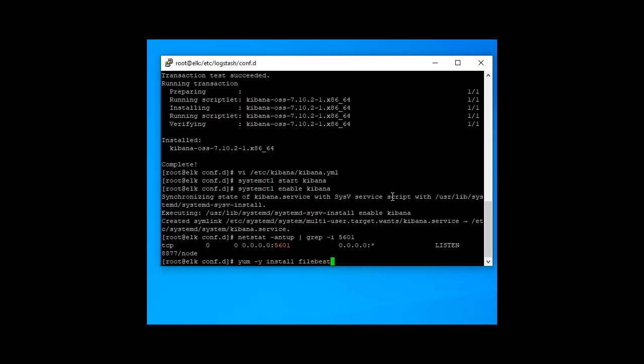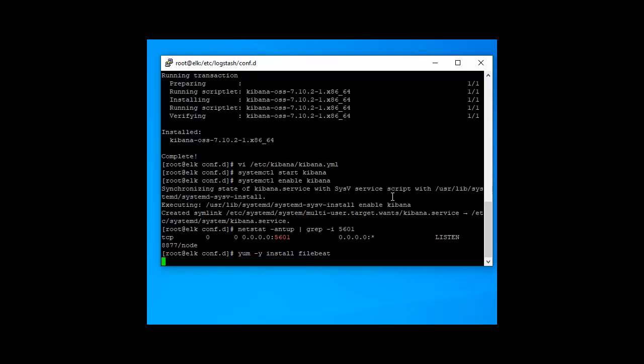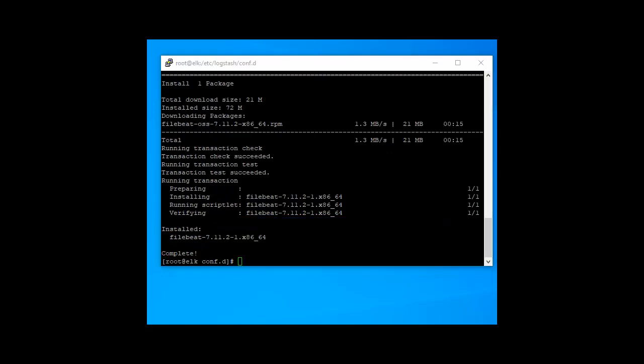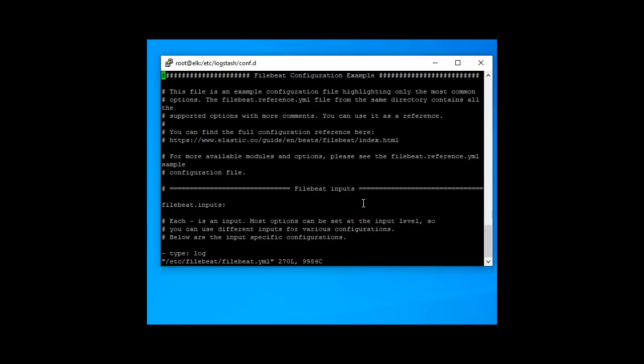Next, we will configure Beats to ship the logs to the Logstash server. Install Filebeat using the following command: yum -y install filebeat. Press enter. So some changes are needed in the file, a little bit of change under the Elasticsearch output.